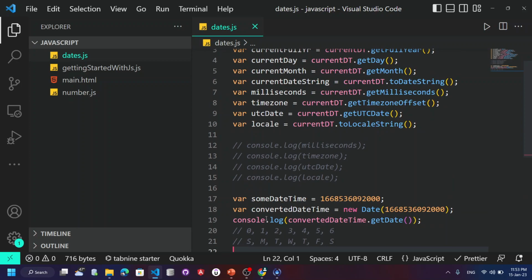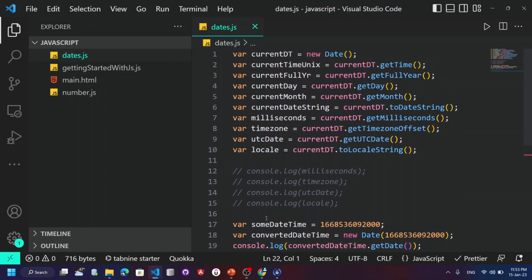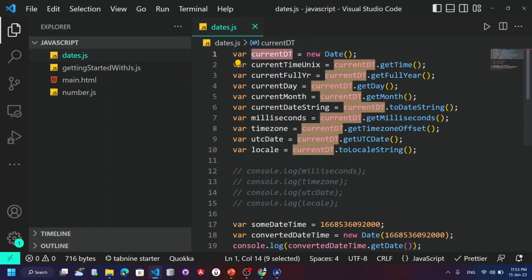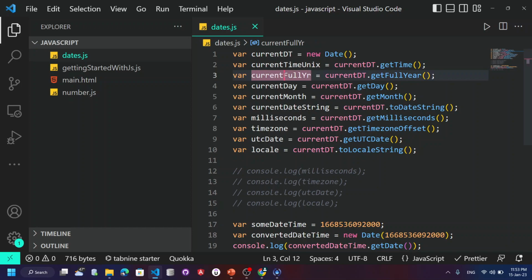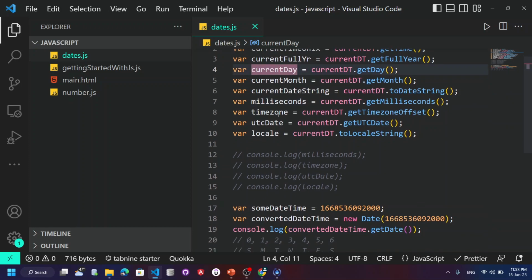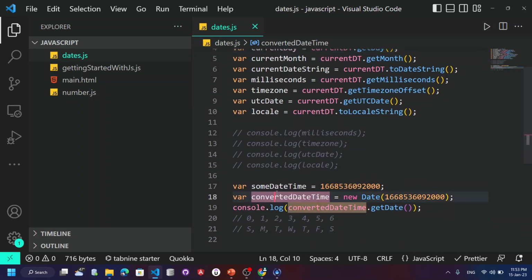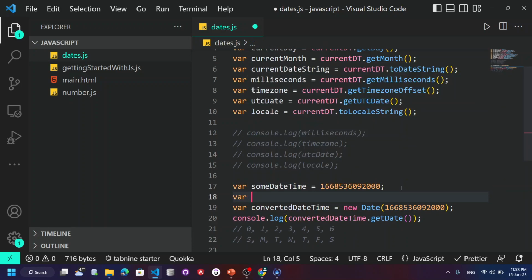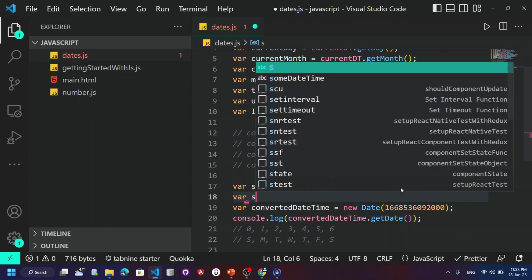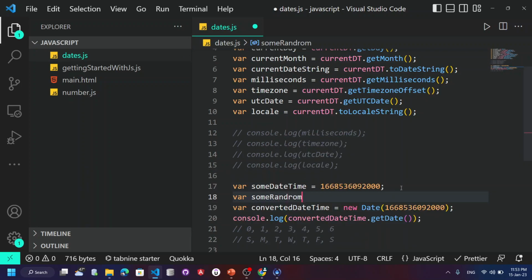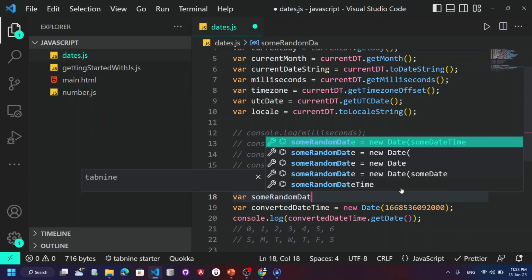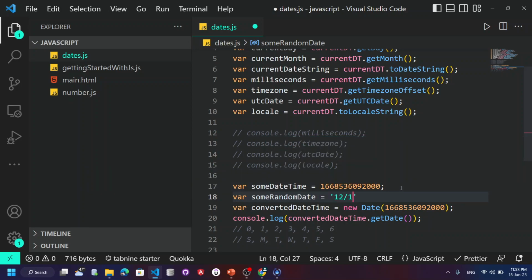But for now, we would like to keep this much regarding dates, where you have some functionality for getting the date which is current. Then we have some timestamps, we have full year, date, month, year, toString, milliseconds, time zone offsets, UTC local strings. We have some conversions. Similarly, you can convert it to whatever thing you need. Like for example, we have some date which is known as random date, and we have